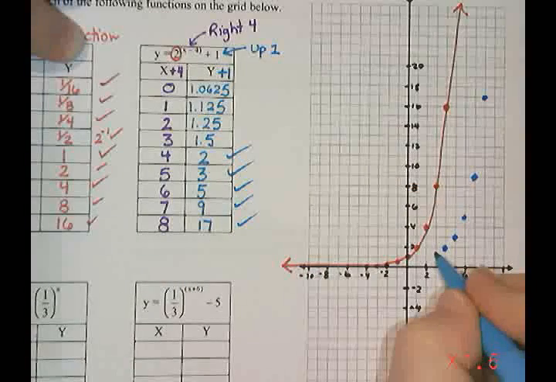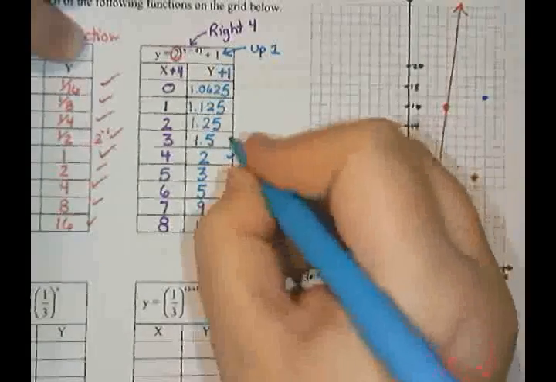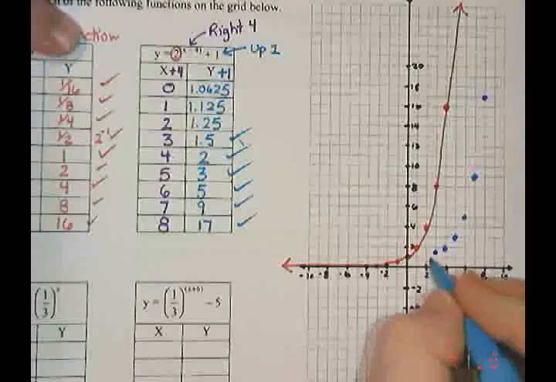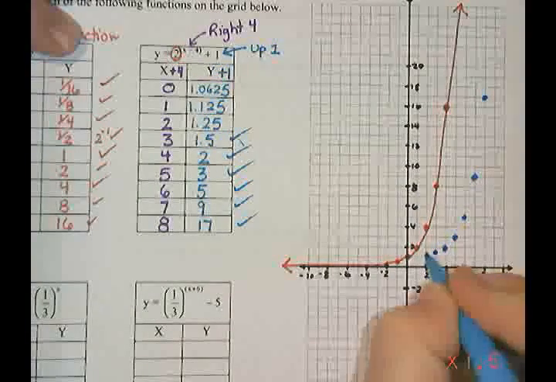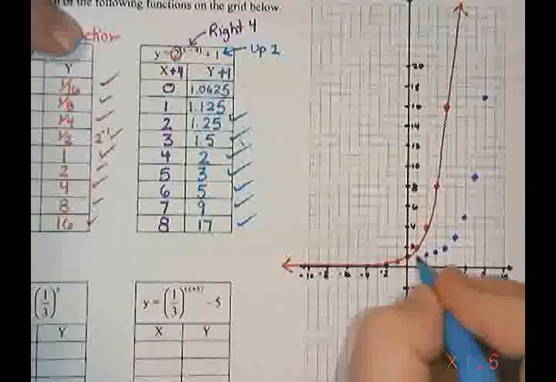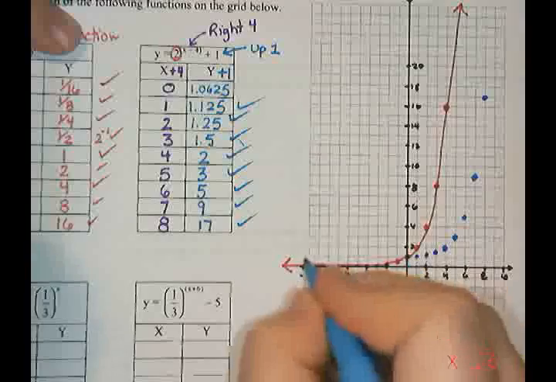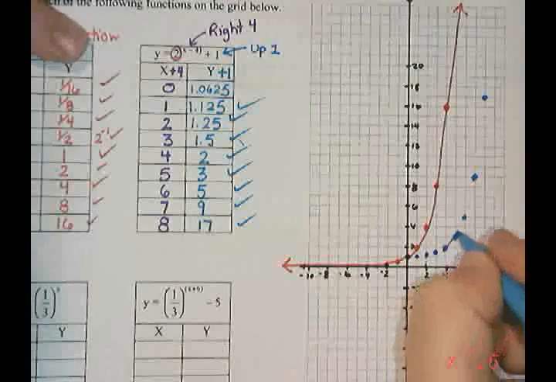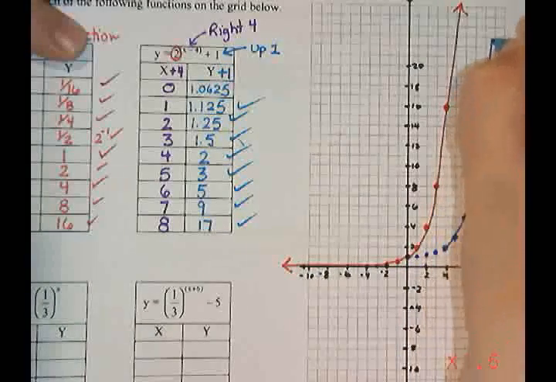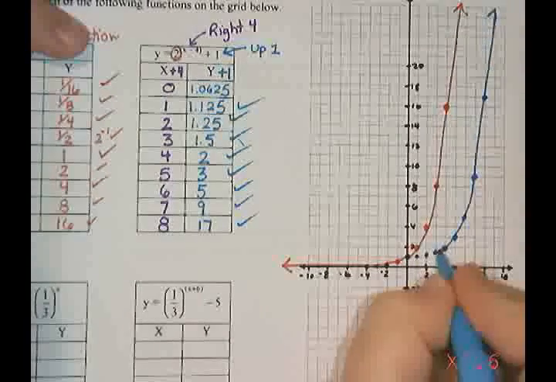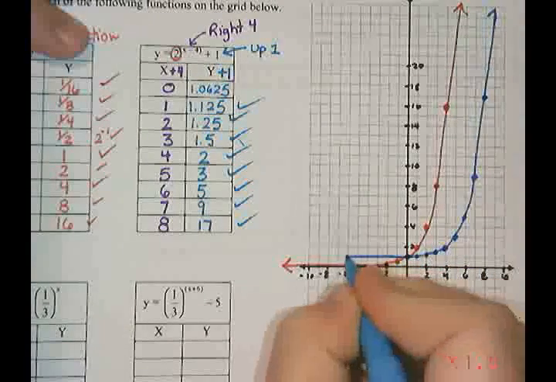3 and 1.5, so that's 1 and then halfway through a square. 1.25 is going to be a little bit closer to 1, and then 1.125 is a little bit closer to 1, and a little bit closer to 1. I draw the side that looks like the parabola going up, up, up, up. And on the other side, the numbers are getting closer and closer to